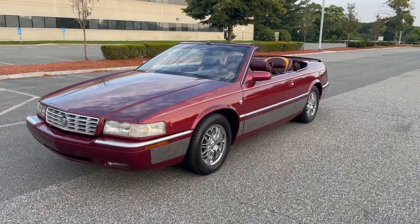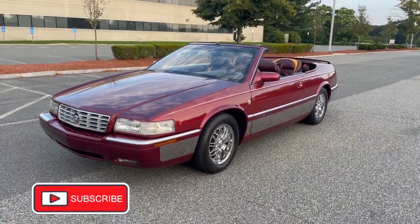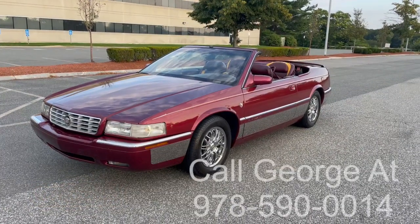I'm going to be asking $79.95 for this beautiful car. My price is pretty firm. My name is George. You're welcome to give me a call. My direct line is